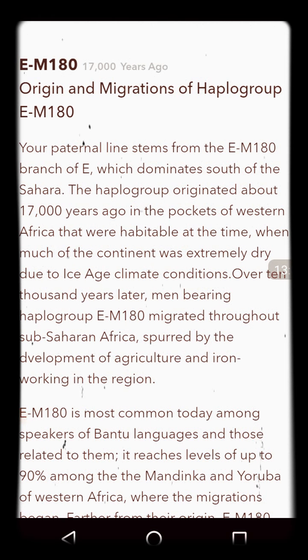But I will say that that would be close to the time that I believe Jacob would have lived, begat sons, and populated in Egypt, populated in Israel